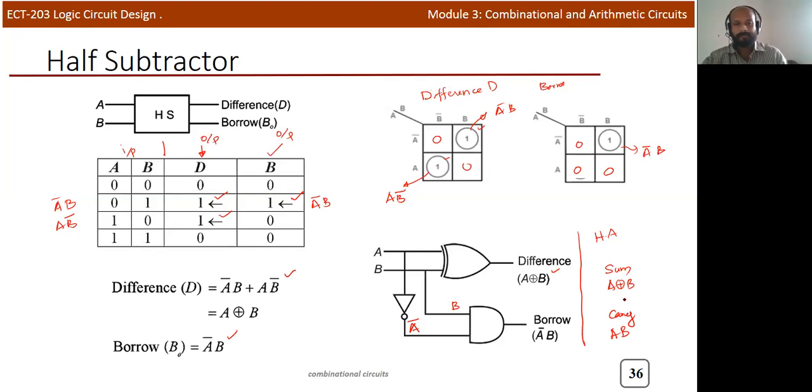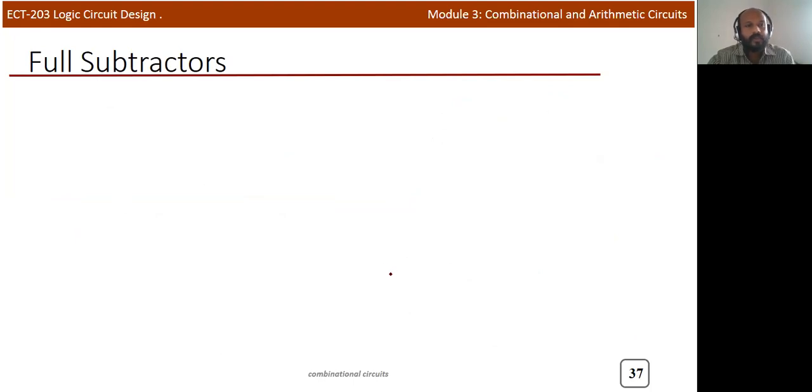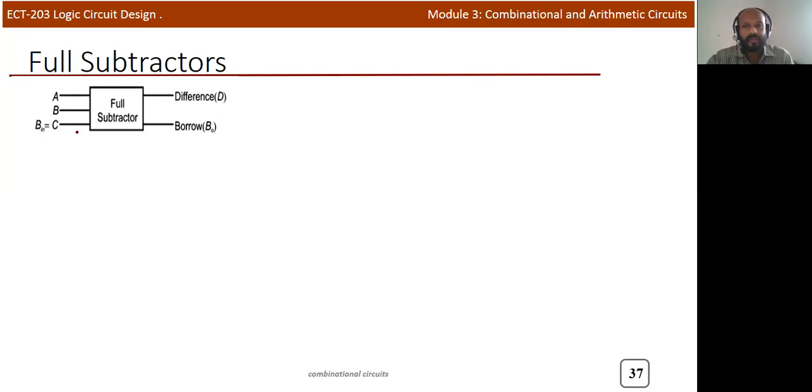Okay, now we can design the full subtractor circuit. In the full subtractor circuit, we know that there will be three inputs A, B, C, and two outputs, difference and borrow. This third input C, you can also consider as the borrow in from the previous case. So you can consider it as a borrow in, or simply put the letter C. And this is borrow out, with suffix B, either BO or B out.